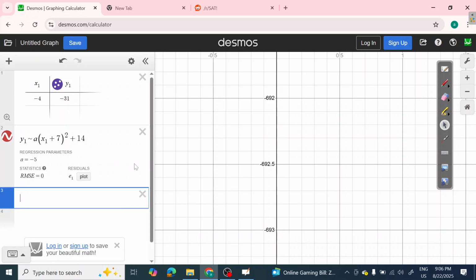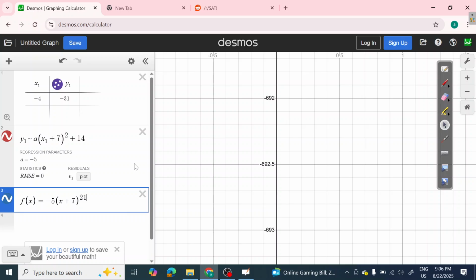Now I would suggest you to redefine the function. Many students or many teachers tell you to write f of x equals a times (x minus the general form of vertex), and it will automatically take the values. But if in case you didn't remember, you can understand it in another way also. You can plug in the values. I don't want to burden you with so many different rules that you get confused. So simply find the value, then write down the equation by putting these values: x plus 7